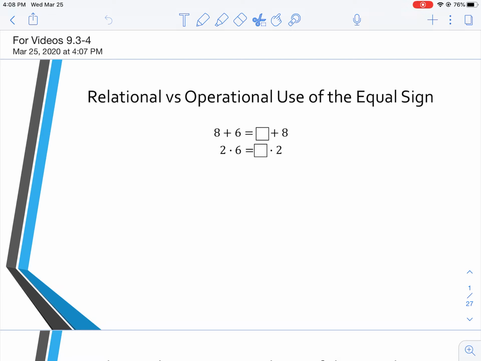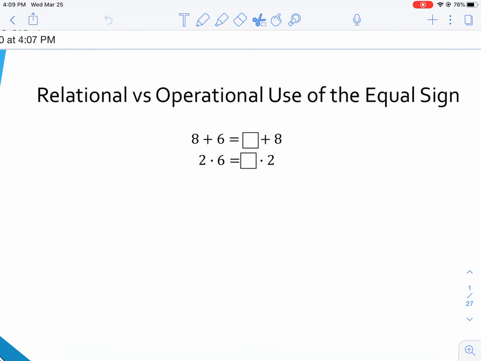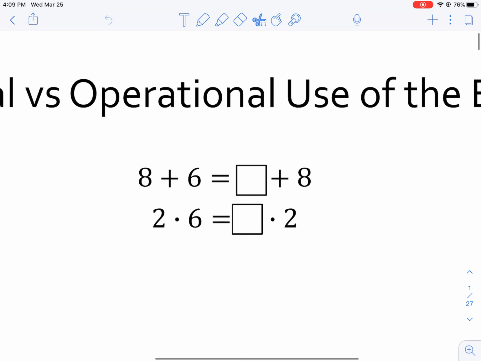Hello. Hopefully you were able to read the article on early understanding of equality, looking at the equal sign and thinking about the different ways we use it and trying to help students even in early elementary school to really understand the equal sign. In this video, I'm going to look at the relational perspective versus an operational perspective of the equal sign. So if you take a quick look at these,